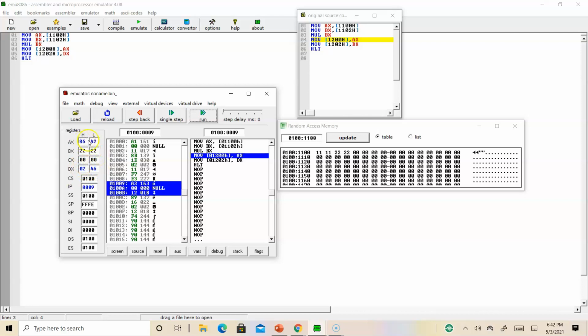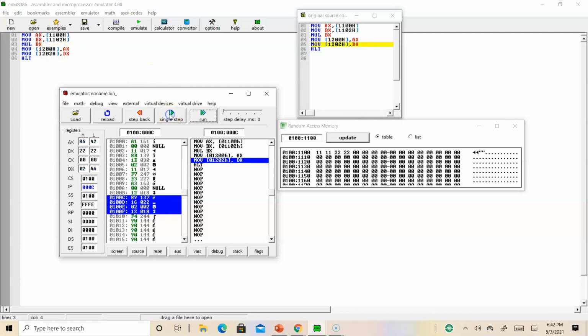Previously AX value is 1111, now it becomes 8642, and the higher order 16 bit is stored in DX register, right? And I am going to store these two results, AX and DX, that is 8642 and 0246, in the two memory locations 1200 and 1202.